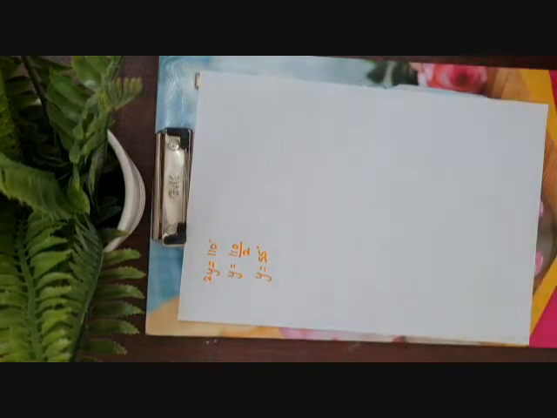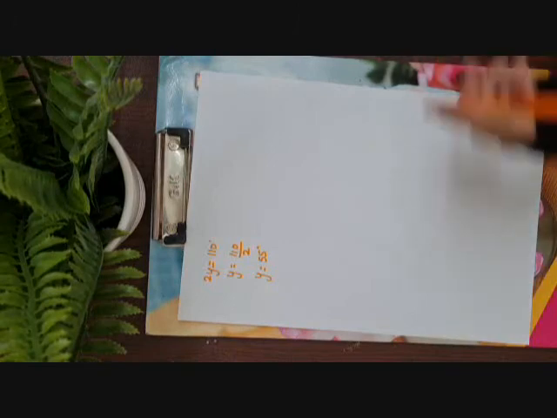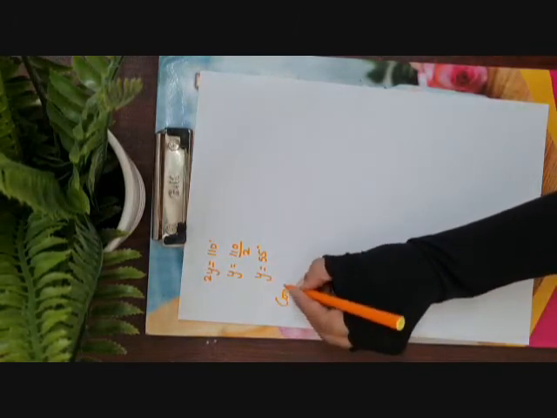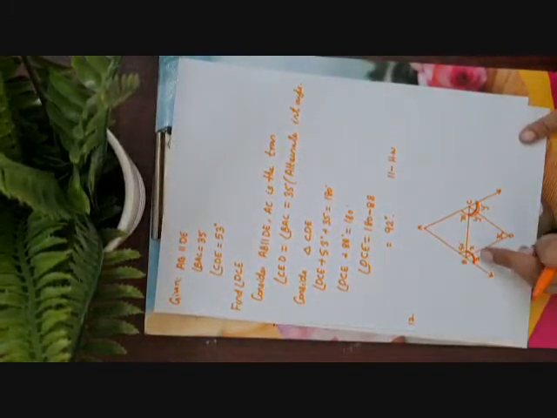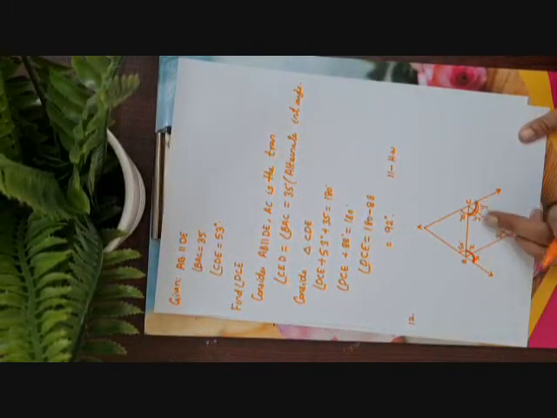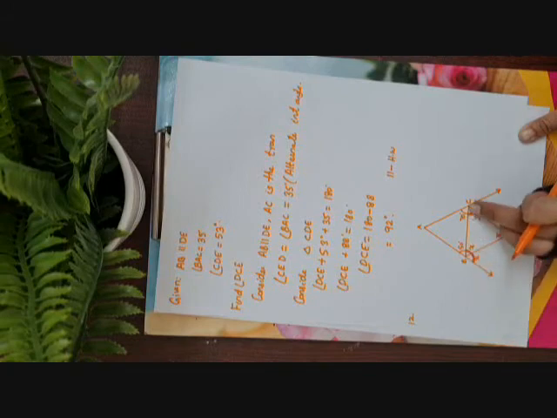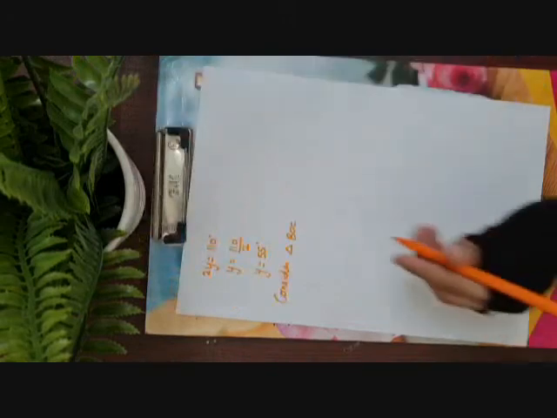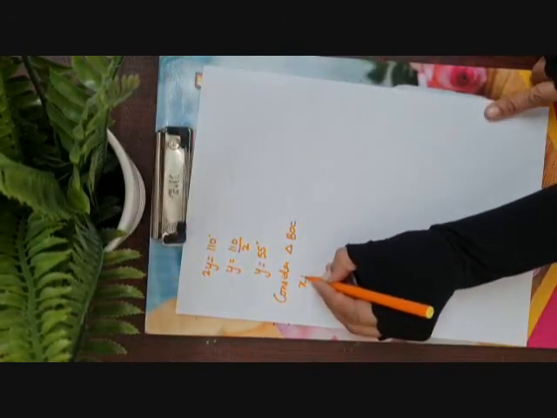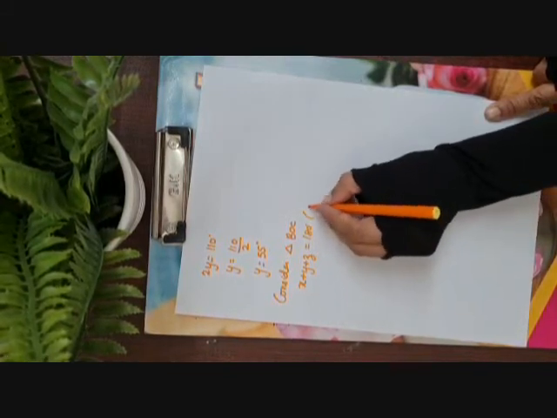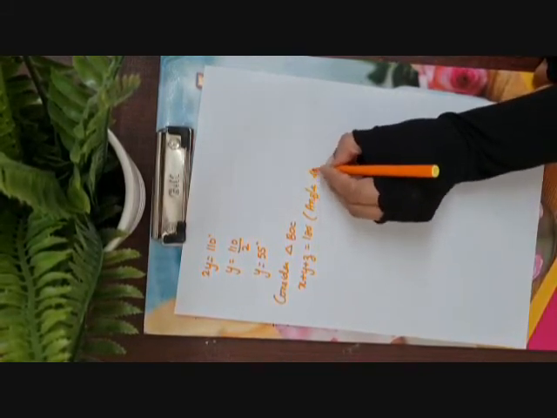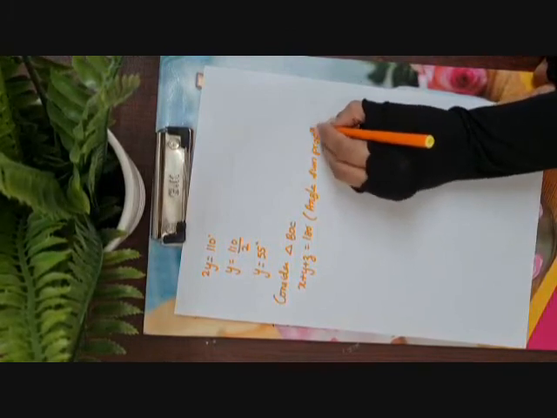So now we will consider the small triangle which is formed. Let us consider triangle BOC. Is that clear children? See, in this figure we have found x and y using the exterior angle property. Now we are considering this triangle OBC or BOC, any way you can name it. We are considering triangle BOC. We have three angles in that, x, y and z. x plus y plus z is equal to 180 degrees. And what is the reason? Angle sum property. That is, the sum of the interior angles in a triangle is 180 degrees.